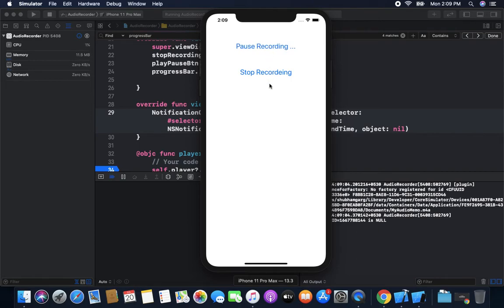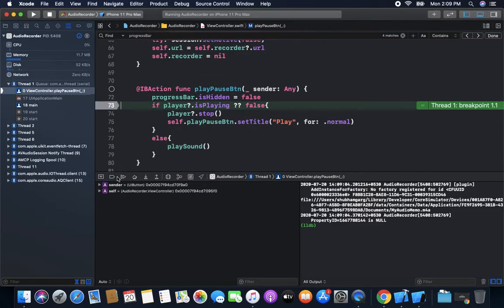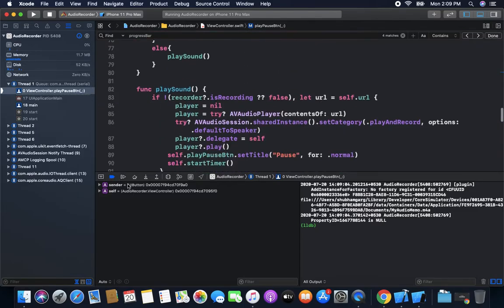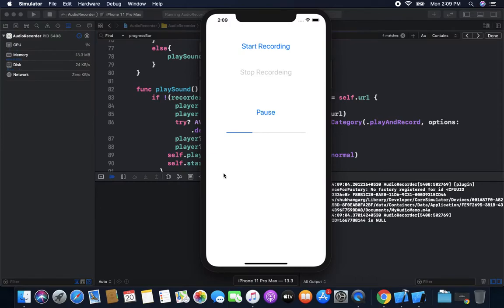Start recording, pause recording, restart recording, stop recording, and play. You can see our player is working now.